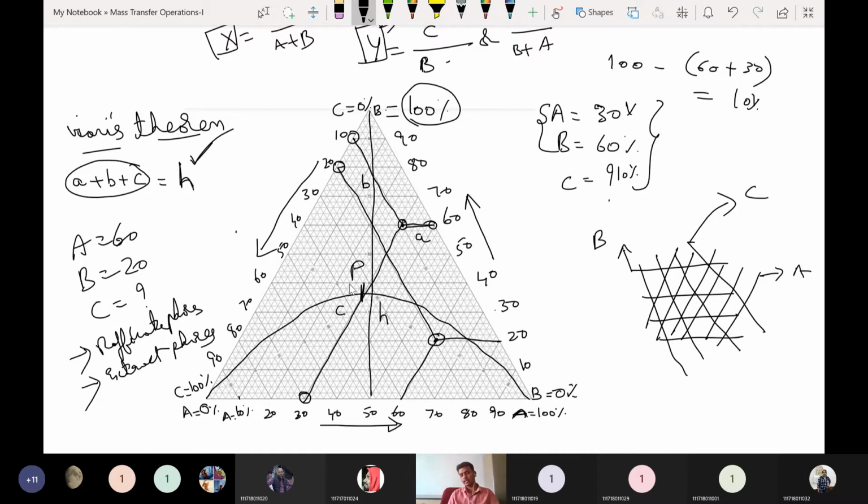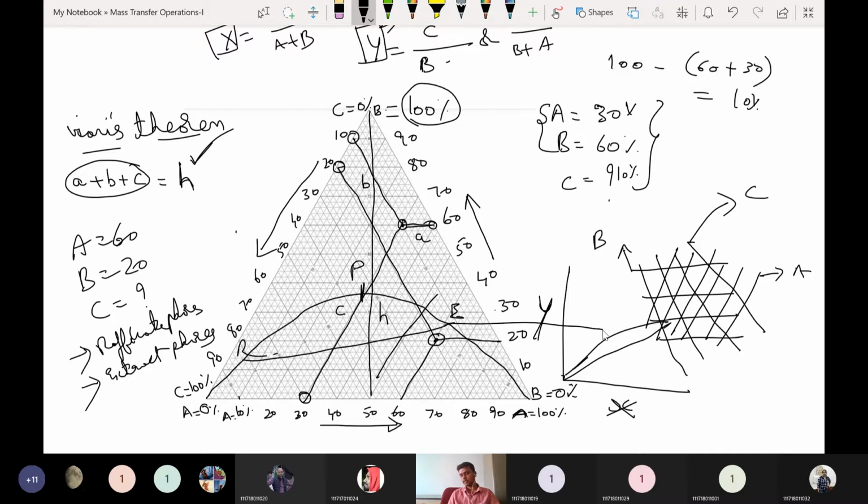Now if you locate this using this graph and some operating lines or tie lines, tie lines will look somewhat like this, and some E and R will be coming. Using this, we have to draw simultaneously X versus Y or capital X versus capital Y, whatever the parameters given. This will be the equilibrium curve, then the diagonal will be there. We have to project this up to the equilibrium curve and then the diagonal. Then we have to locate our number of stages.